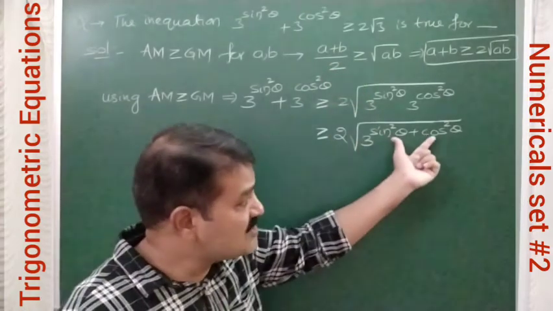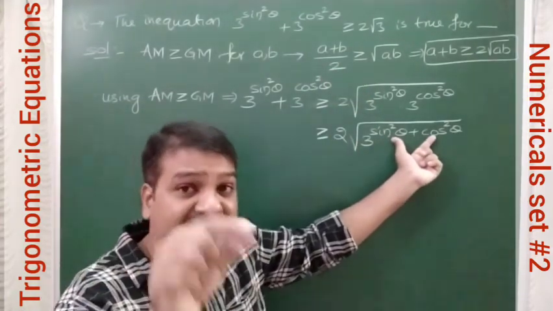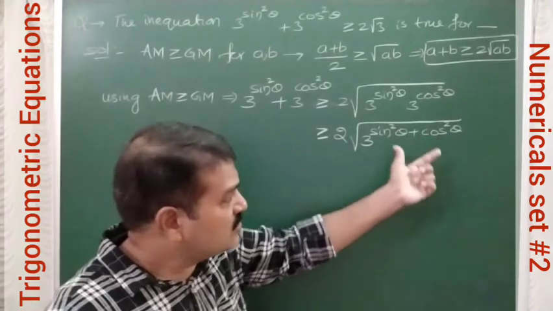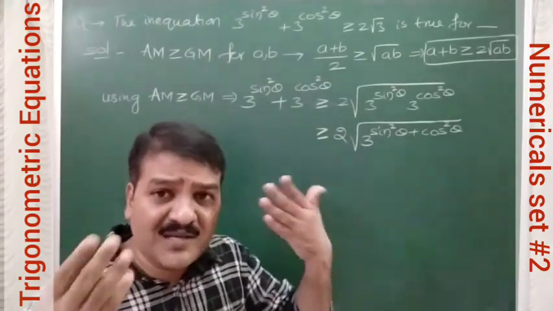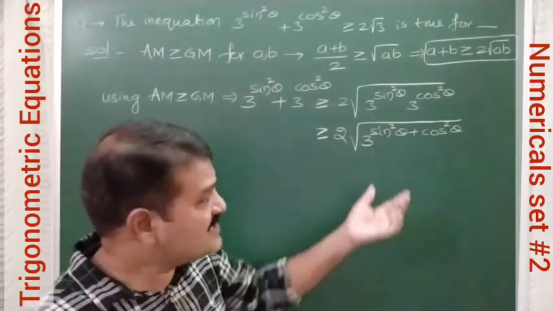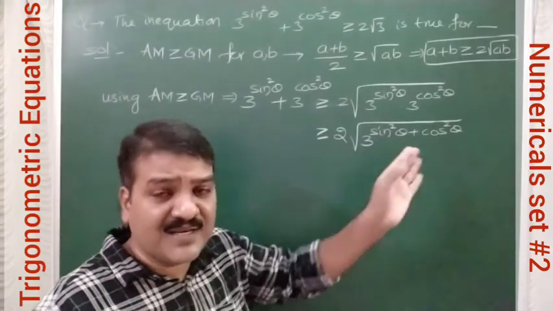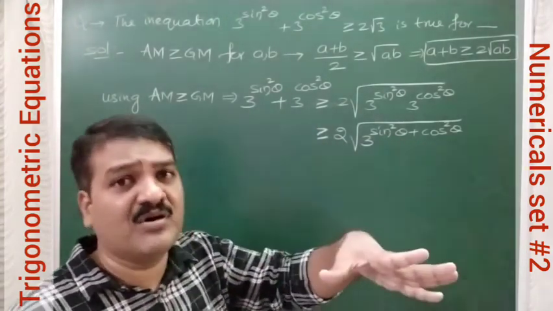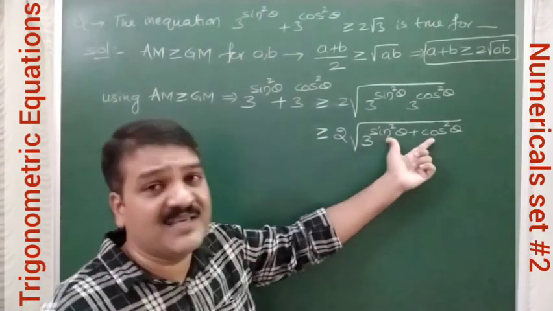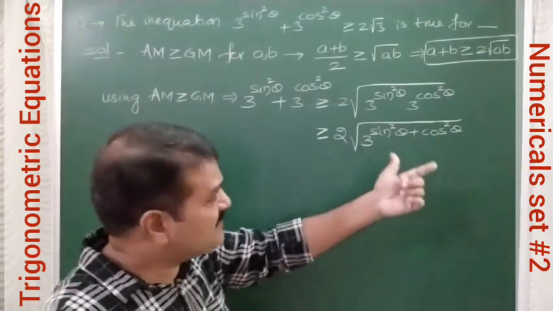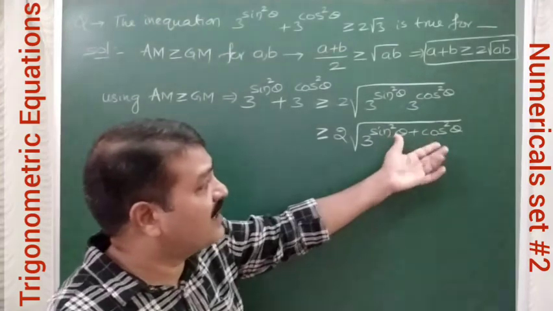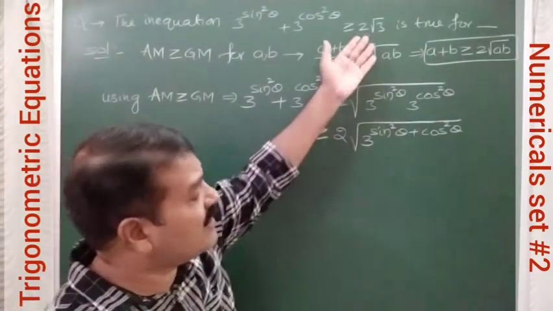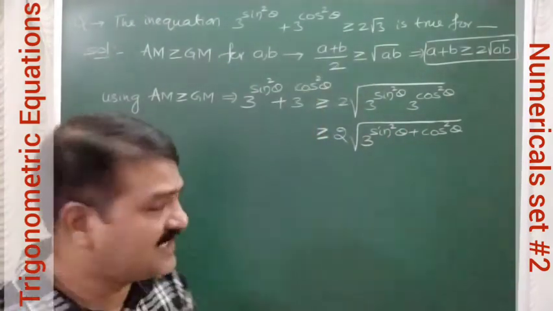So this becomes 1 for which values of theta? This becomes 1 for all values of theta, because this is the identity. Irrespective of angle, for any theta belongs to R, you are going to get 1 here. That means for any real value of theta, 2 root 3 you will get obviously in the RHS part.